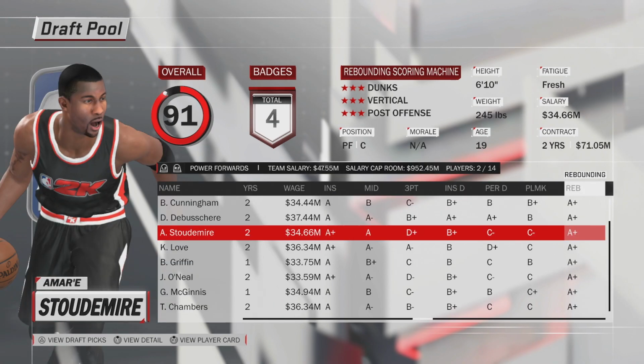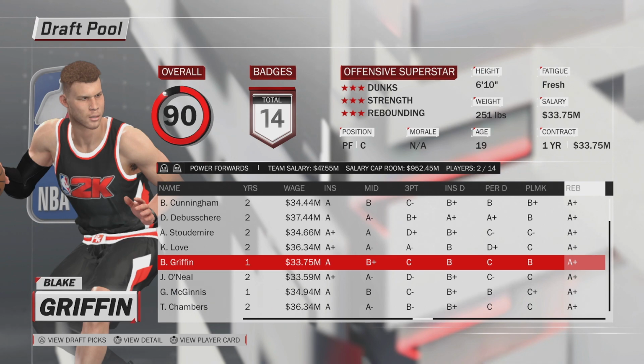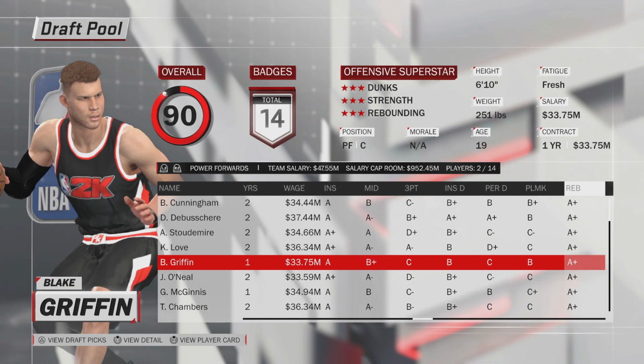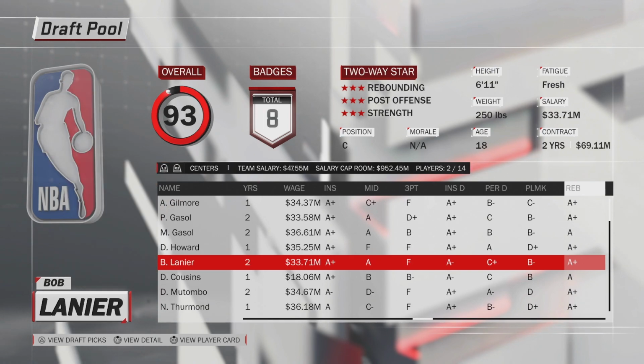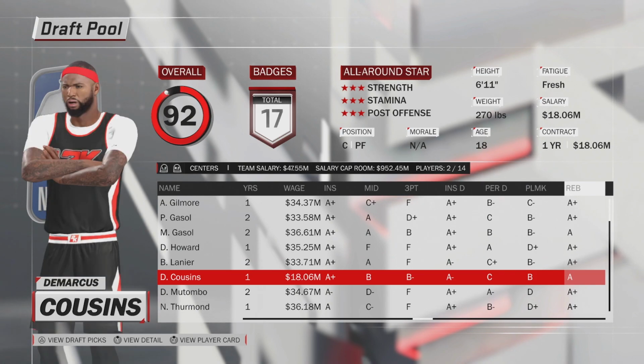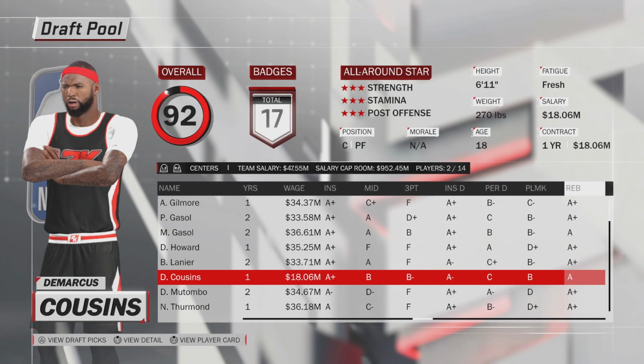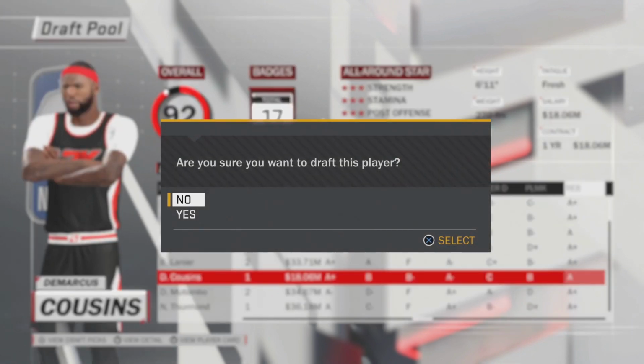He can handle a lot of the power forwards in today's game, but power forwards back then like Karl Malone and people like Charles Barkley, even though I don't think Charles Barkley's in the game, he's going to struggle with. I really want Blake Griffin because it's pretty cool to have the idea of Blake Griffin posterizing the legends. And it's not about making the best team, it's about making the best team for me. As a YouTuber, I want this to be entertaining, but I think we're going to go with DeMarcus Cousins,